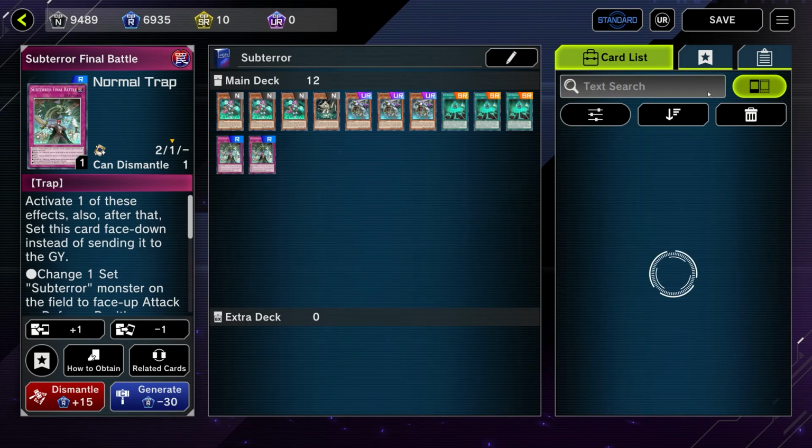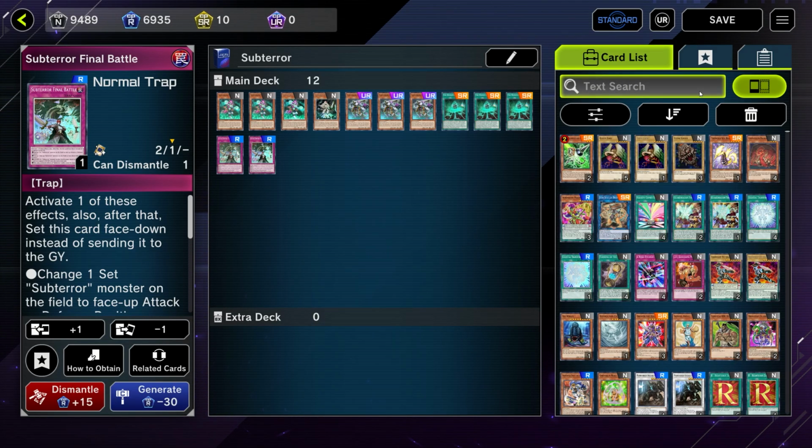All right. So this is Subterror Core. Hopefully, you don't mess with these ratios. These are the cards you should always be running. Onward to the next set of cards, which I consider to be core to control decks. So let's start with